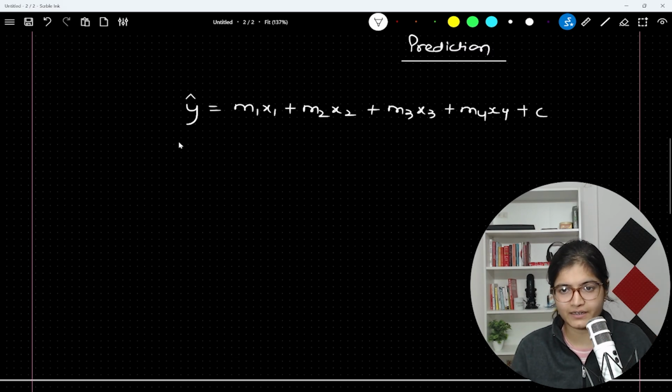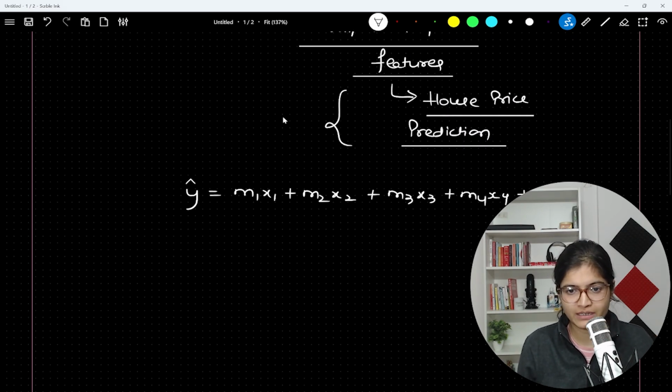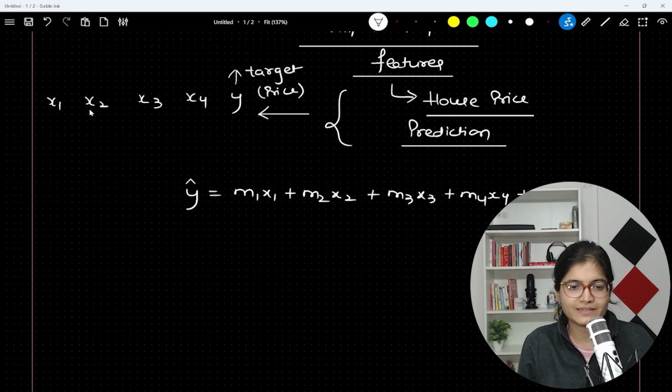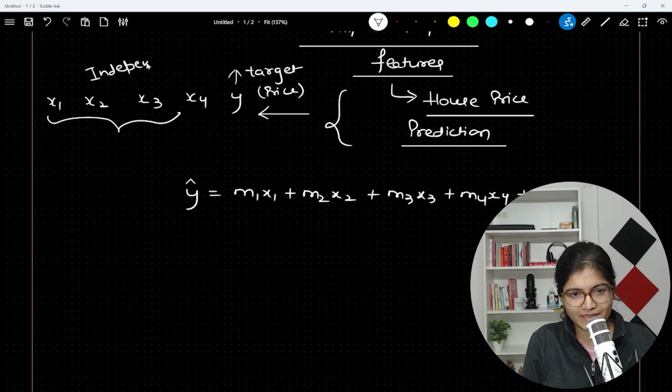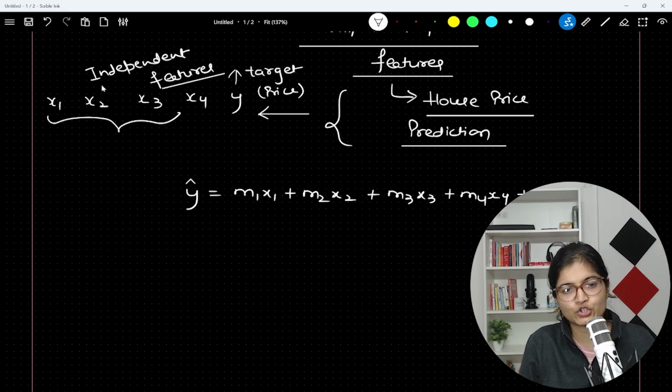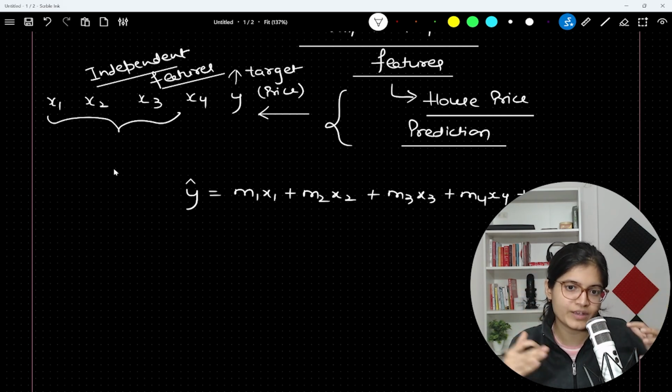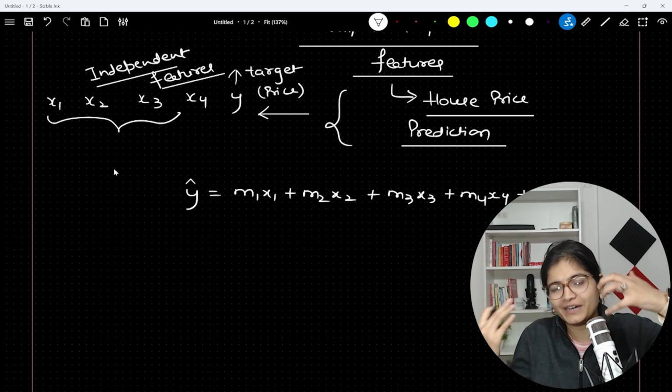Let's say while predicting the price of a house, you will have 4 features, x1, x2, x3 and x4. And finally you will have a value of y, which is the target value, the price of the house. And x1, x2, x3, x4 indicate the independent features. Obviously, while predicting a house price, we do have multiple independent features. That is for sure. So what is happening? We will have 4 features, and corresponding to those 4 features, we are trying to predict the